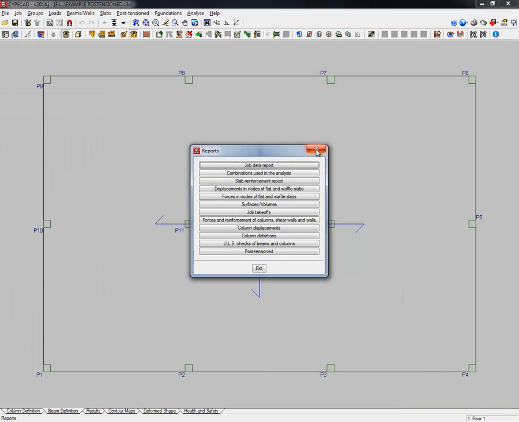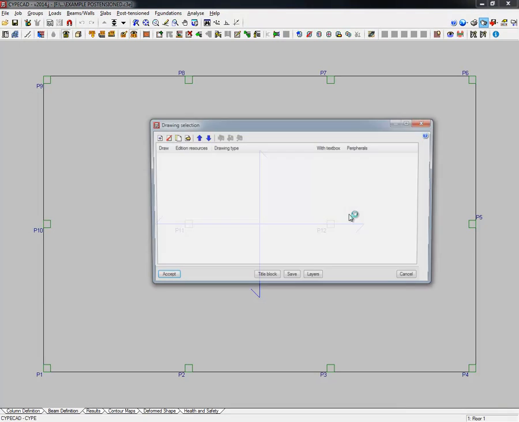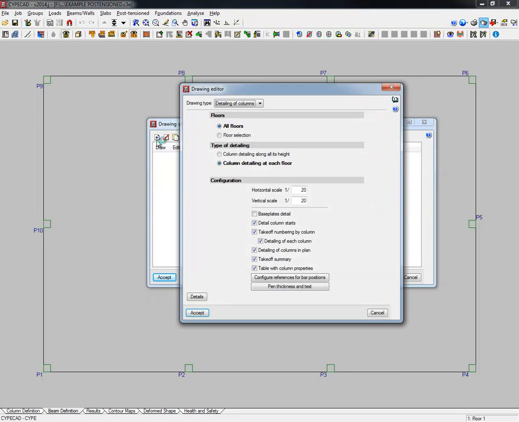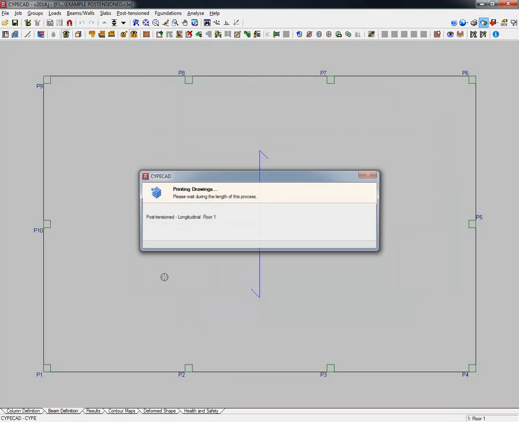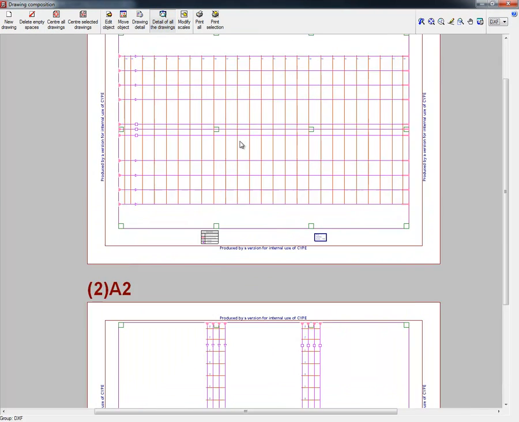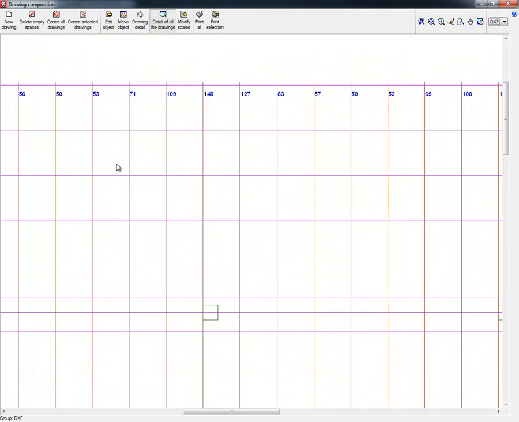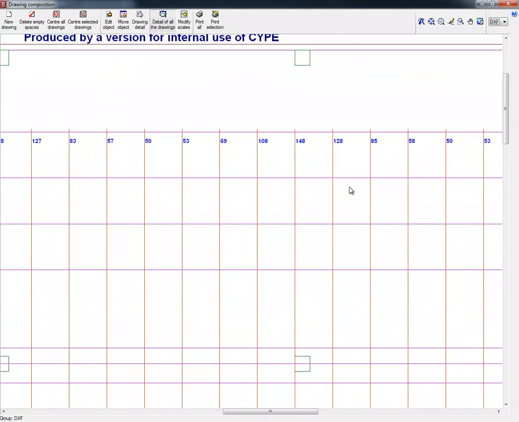Okay, well, basically we already see all the information, and this is all the analysis that we can have, and now we only need to print out the drawings, the final drawings. In this case we are going to see only the drawings for post-tensioned. We can see the detailing of all the drawings. Also we can see this, the final drawings